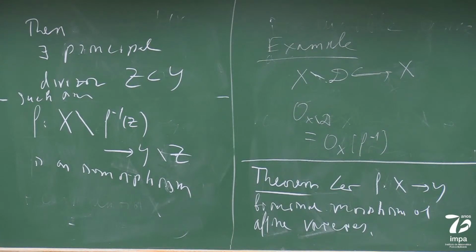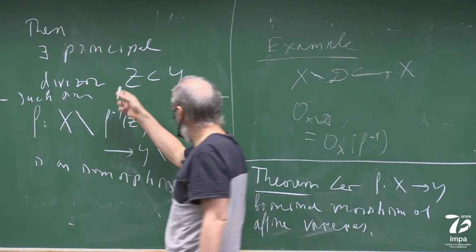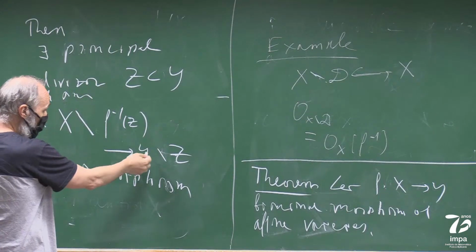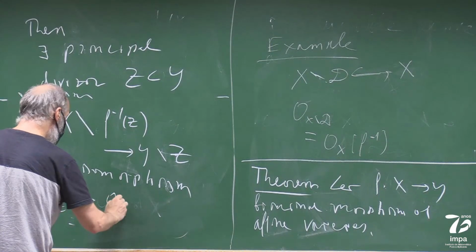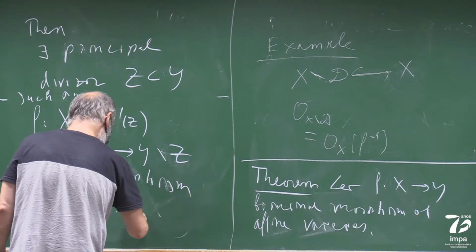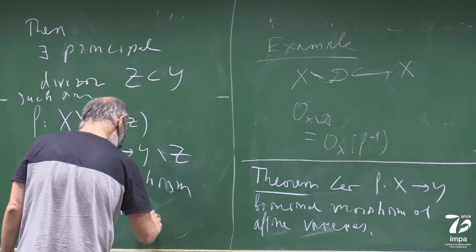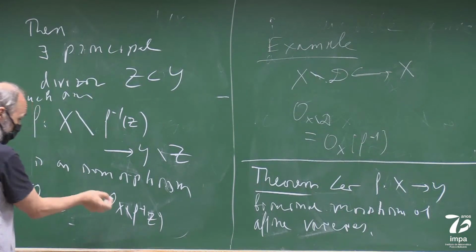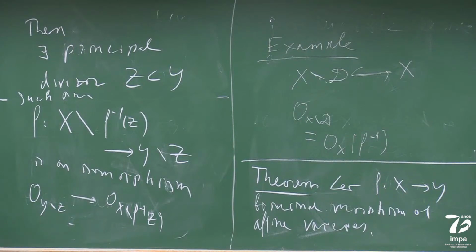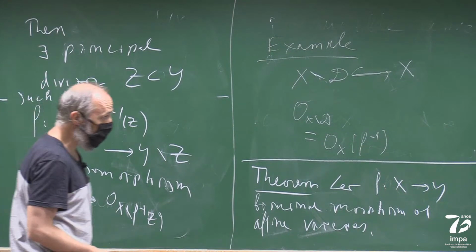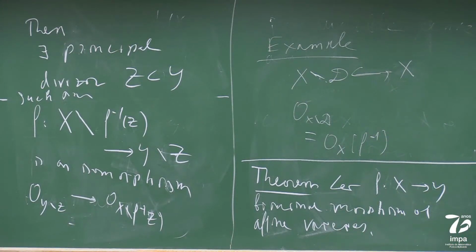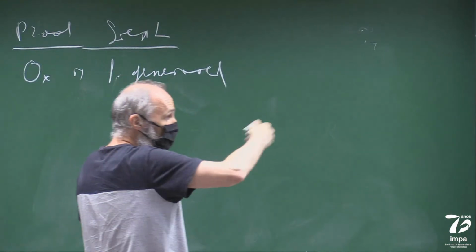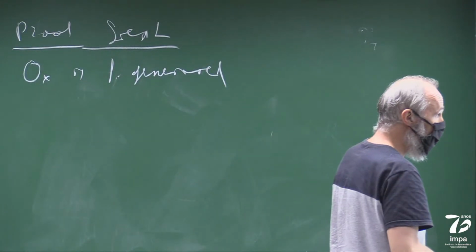So we need only to remove divisors in such a way that the corresponding map from O of Y without Z to O of X without f inverse of Z is surjective, because it's injective for free. It's injective because it is dominant. Okay, but it's finitely generated. So we need to do it step by step